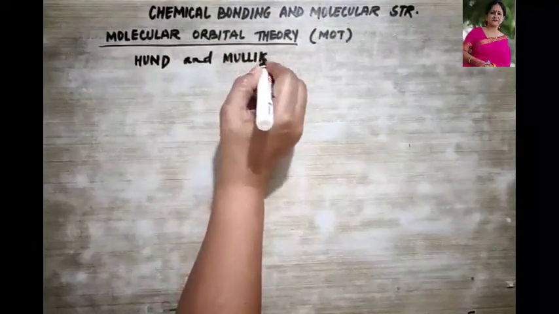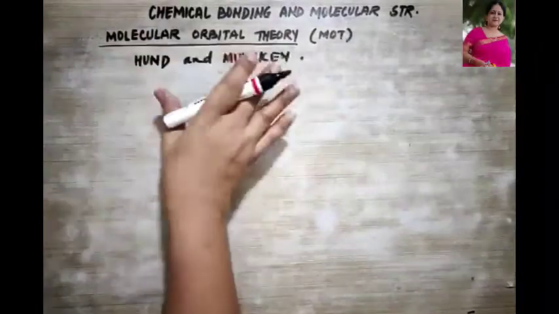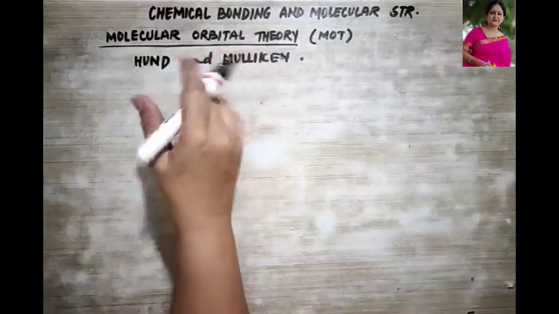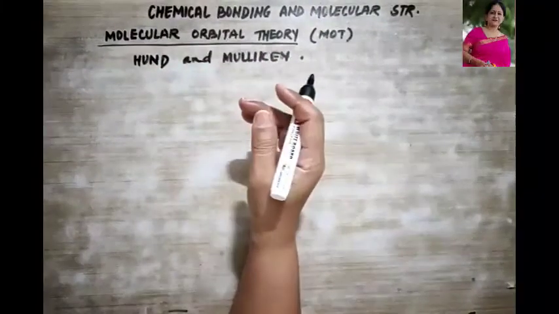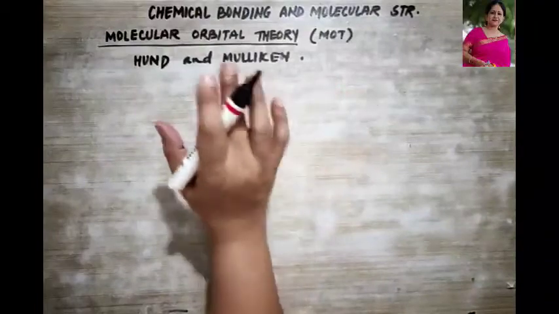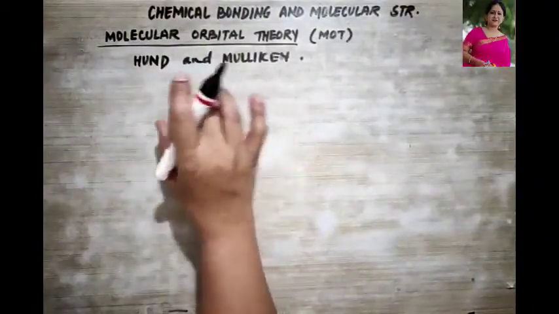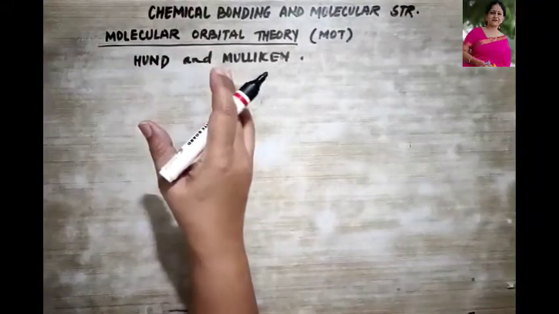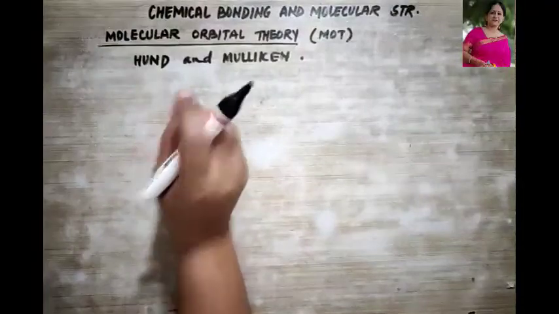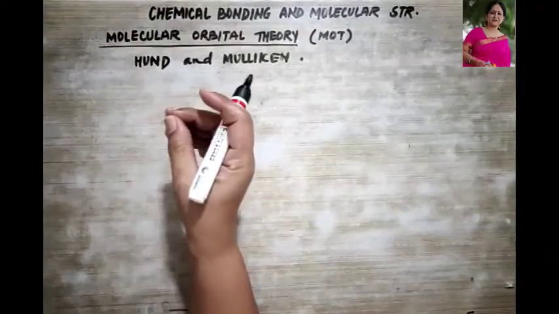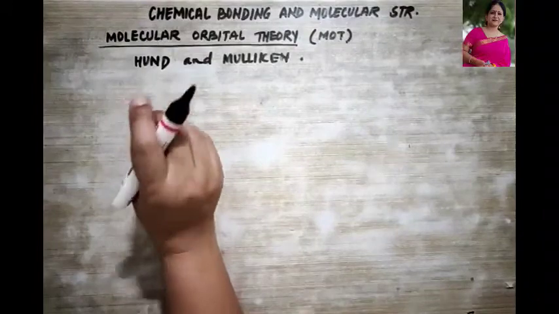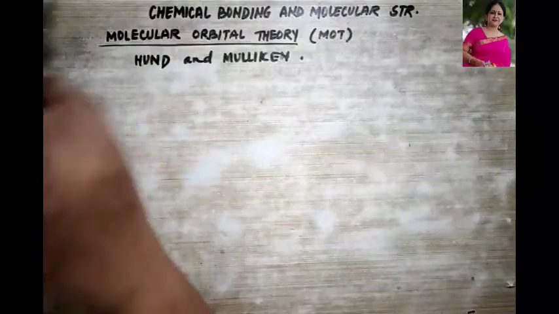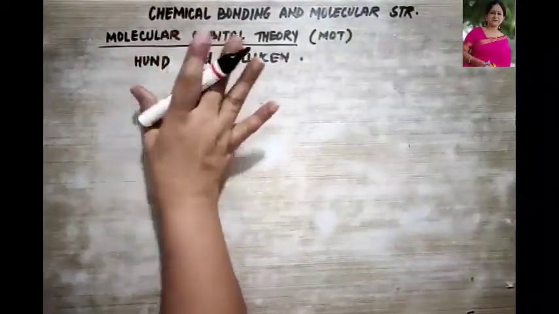According to this theory, all the atomic orbitals of the atoms participating to form a molecule get disturbed when the concerned nuclei approach nearer. They all get mixed up and give rise to an equivalent number of new orbitals that belong to the molecule now. These are then termed as molecular orbitals. These molecular orbitals are polycentric.